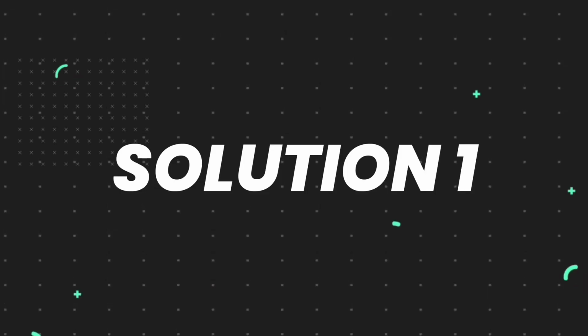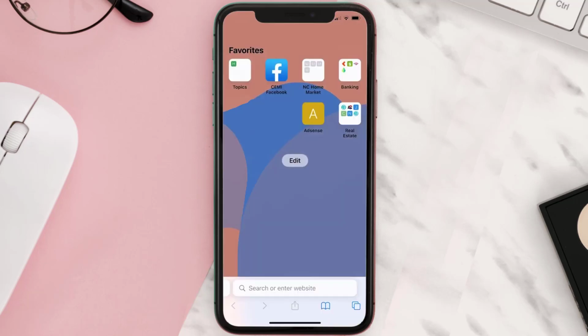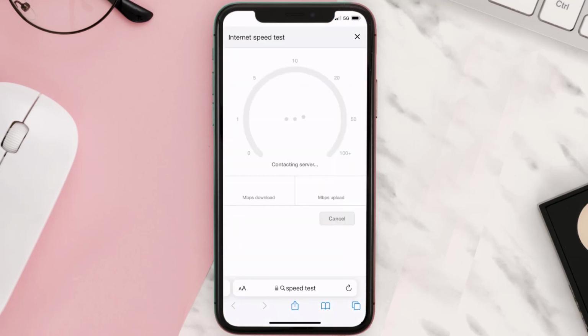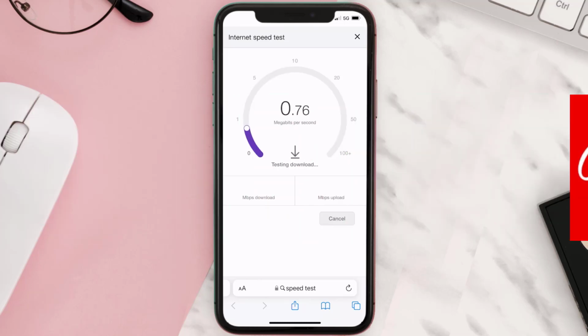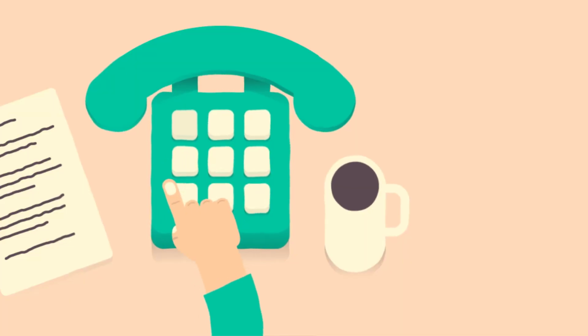So first of all, you need to make sure you're connected to a strong internet connection. Open up Safari browser on your mobile device and then search for speed test right over here. Here on this page, you need to tap on Run Speed Test. The minimum speed required for Bally Sports App is usually 2 to 3 Mbps. So if it's anywhere near or above this number, that's fast enough. If your internet speed appears to be unreasonably low, then you may need to contact your internet service provider for